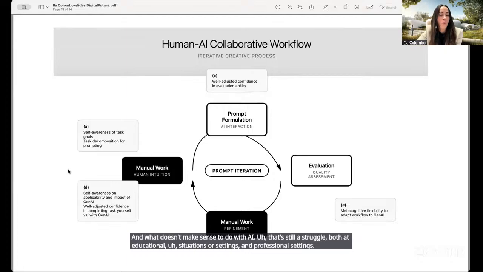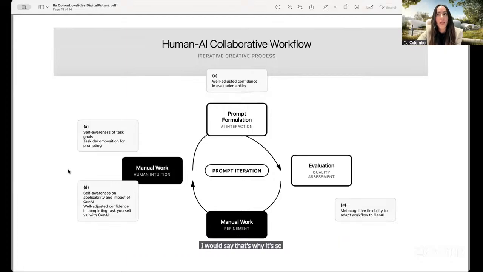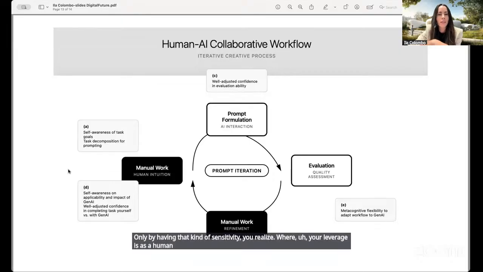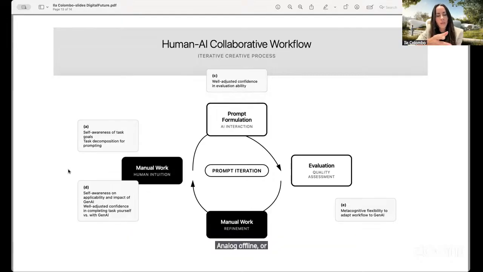I would say that's why it's so important for you to interact with AI models, because only by having that kind of sensitivity do you realize where your leverage is as a human or as a machine, when it's time to depart from the machine and work analog, offline or digitally but not with generative methods, and when to use the generative.